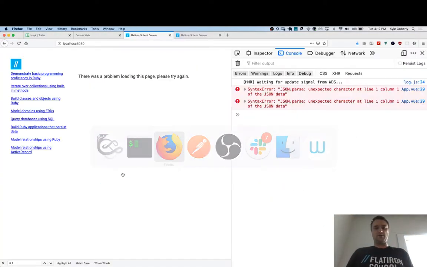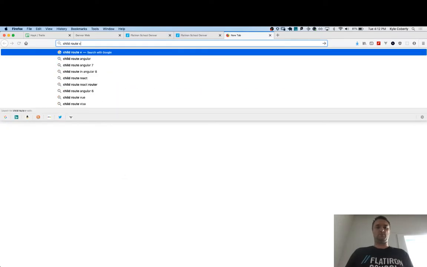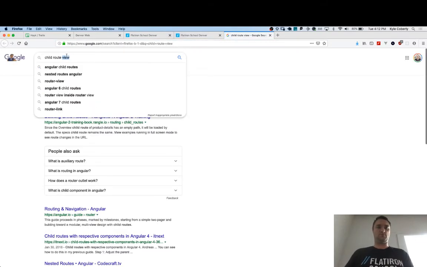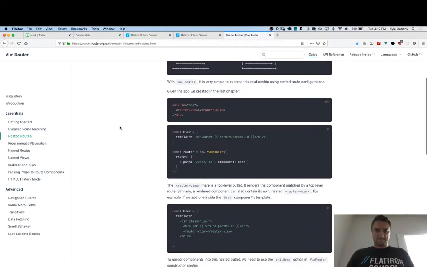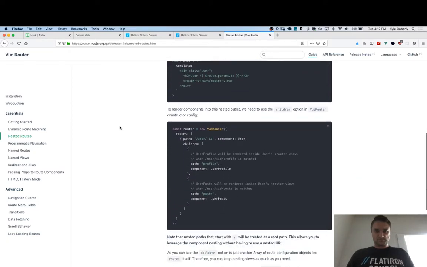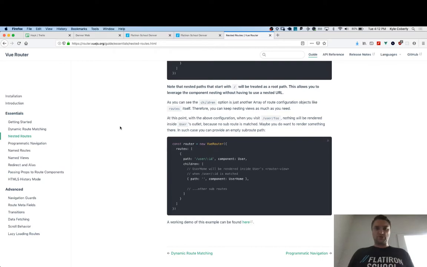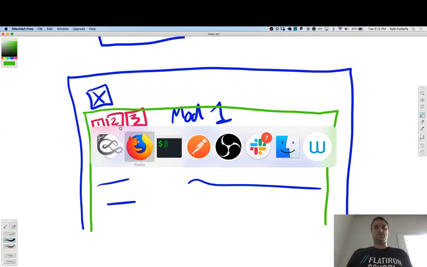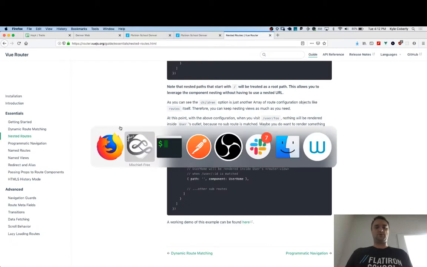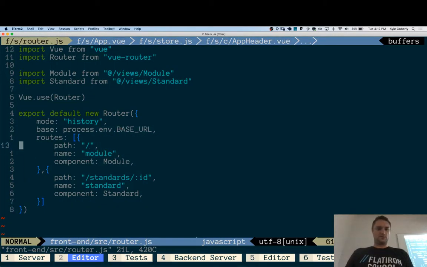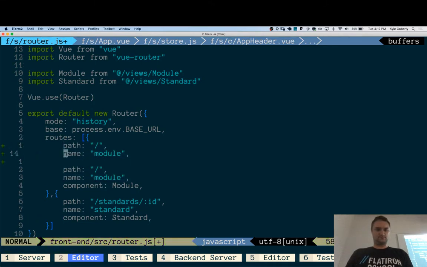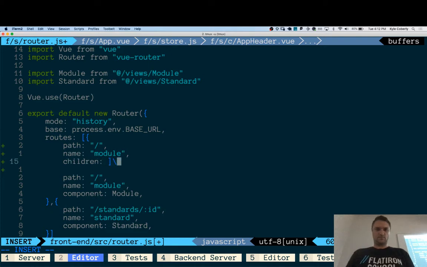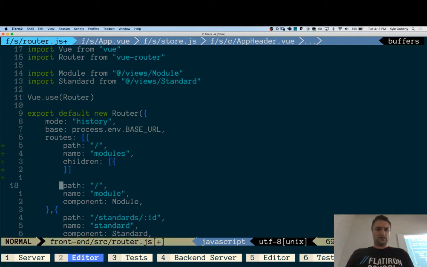So the way that we do a child route in Vue, nested routes. Children, so you have an array called children. So what if